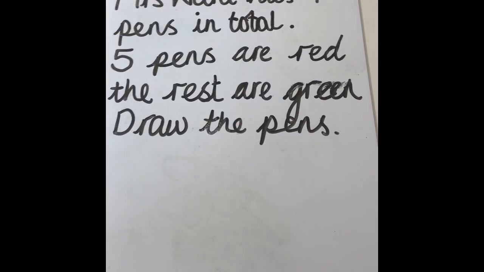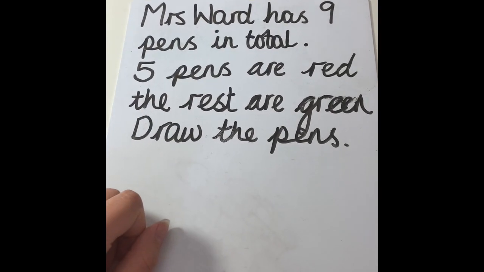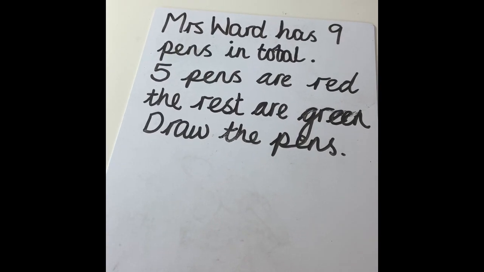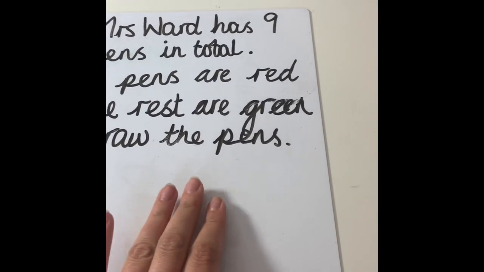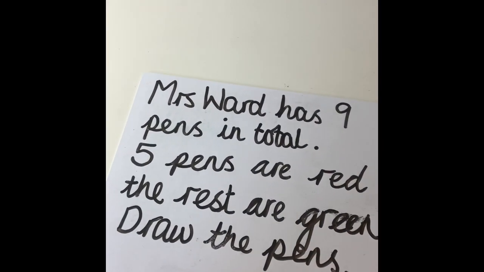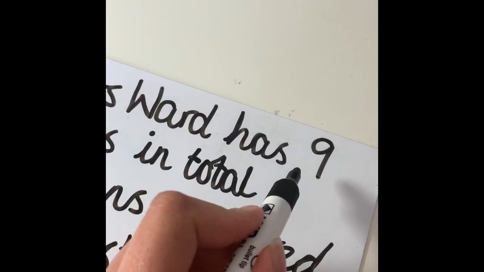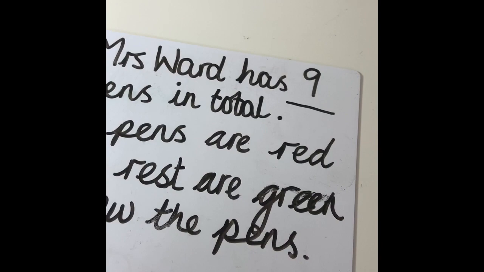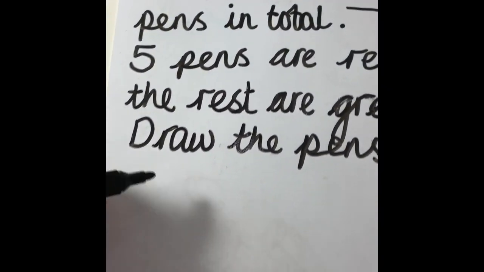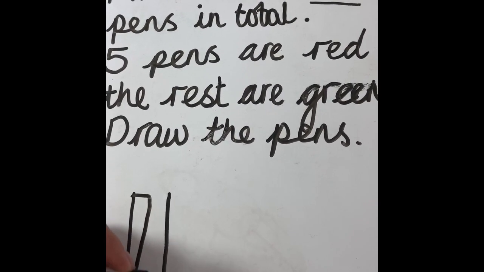Okay, here's a different question. Mrs. Ward has 9 pens in total. 5 pens are red. The rest are green. Draw the pens to show this. Okay, first rule, underline the things you know. So I know there are 9 pens in total. So that is my whole number. So already I can draw